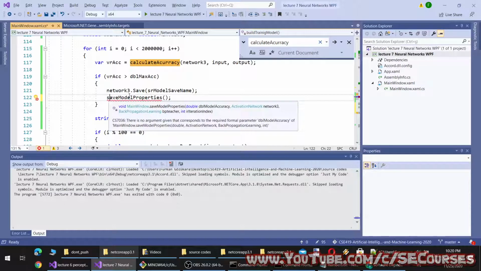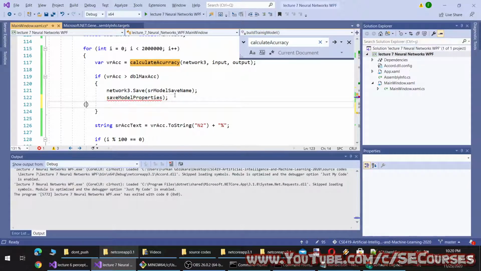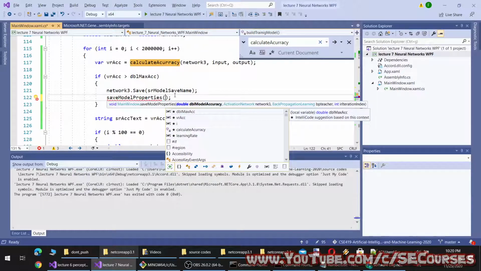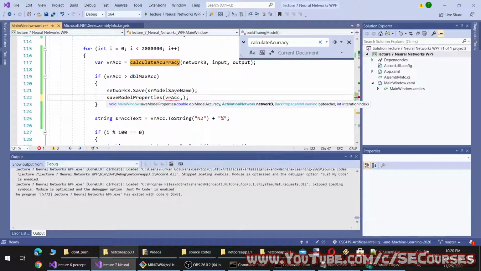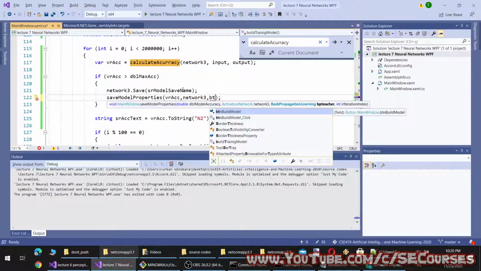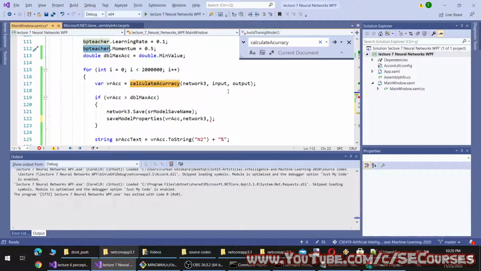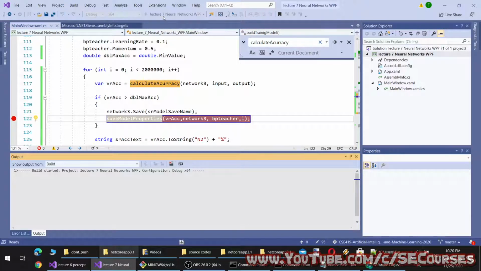Okay, and this is going to take accuracy and the network, the teacher, and the I. Okay, so I'm going to put a breakpoint here, run the application.